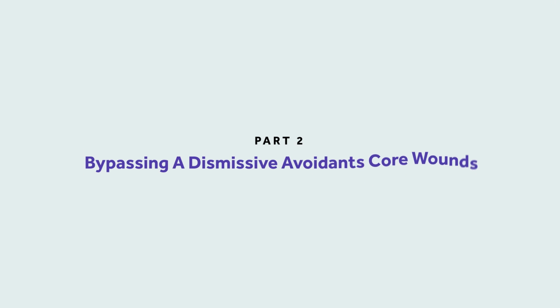Now, obviously, a huge part of really connecting with a dismissive avoidant isn't just connecting with some of their character traits at a high level and being mindful of some of these patterns. It's also really knowing the things that are going to land poorly and sting or really affect them and do harm to the relationship as a result. Part of why we have to talk about this in so much detail is because dismissive avoidants are so good at stone facing through things, showing no weakness, showing no feelings, that oftentimes you'll have no idea that you're even affecting them.